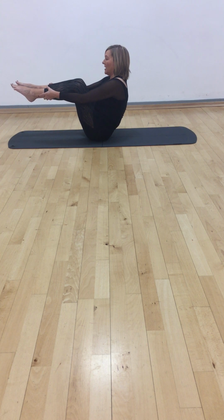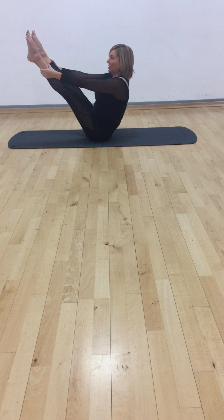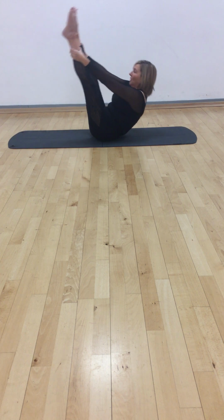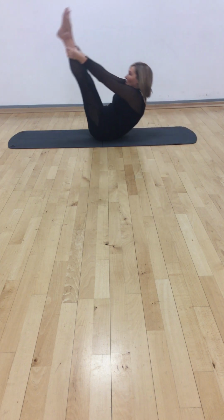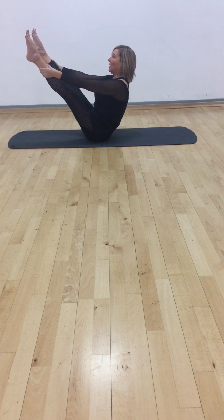Drop the shoulders, and then coming into the open leg rocker, lifting into these legs, pointing the toes, dropping the shoulders. You know, a lot of abdominal loading here. You're going to round your back, slowly let yourself go. As you pull up, you're going to lift out from the sternum, drop your shoulders, hold that position, inhale,